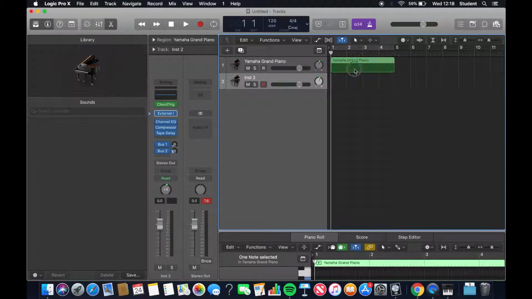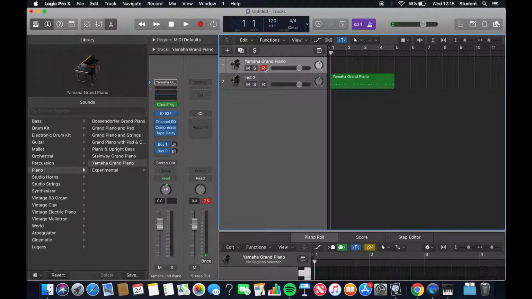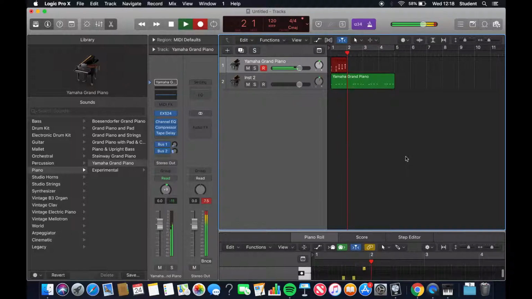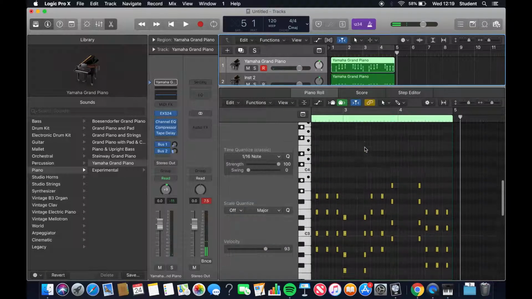Drag the chord trigger MIDI into the new external instrument here, and as you can see, there's nothing coming from it, which is what you want. So what you want to do now is click record on the Yamaha grand piano plugin and turn the chord trigger off, so no plugin, and then press record. And as you can see, it has recorded the chords into Logic,